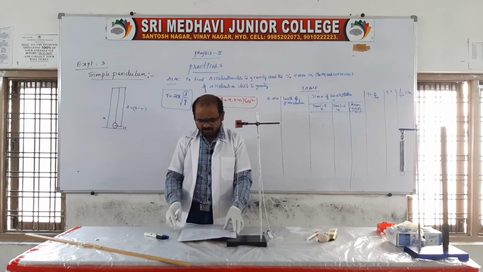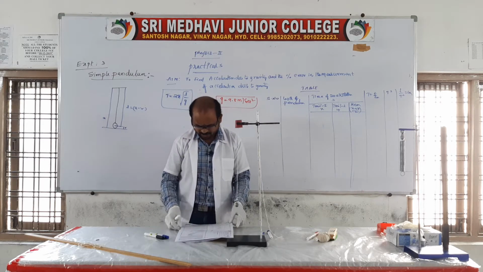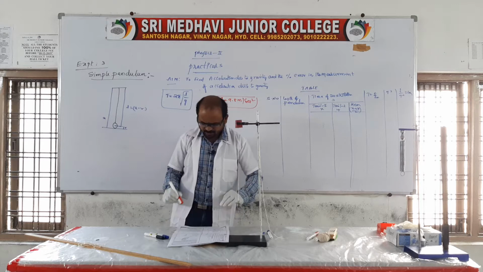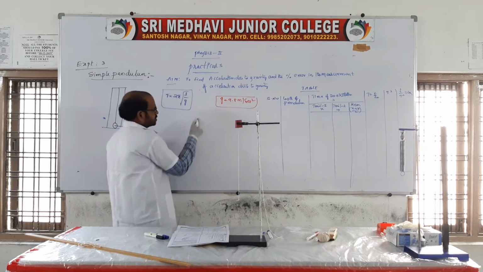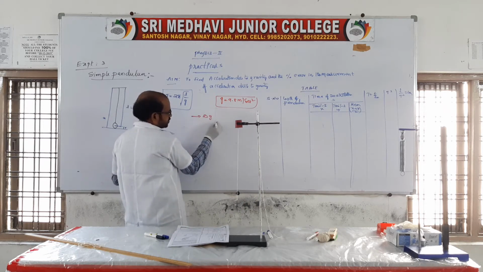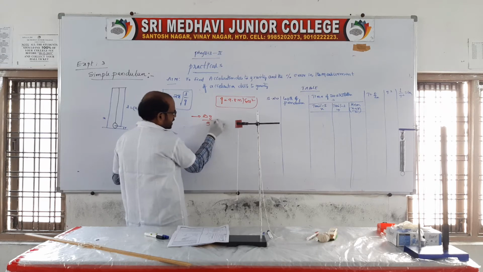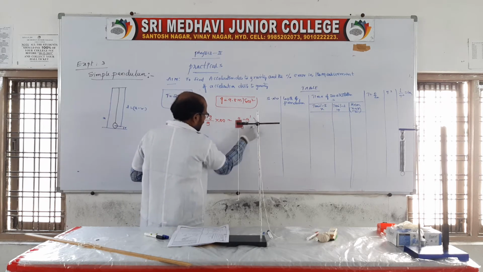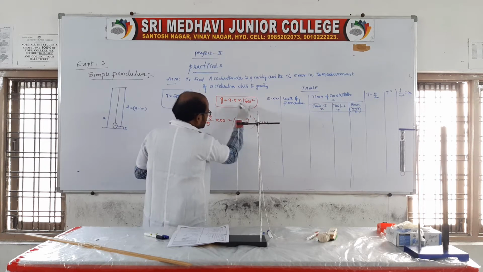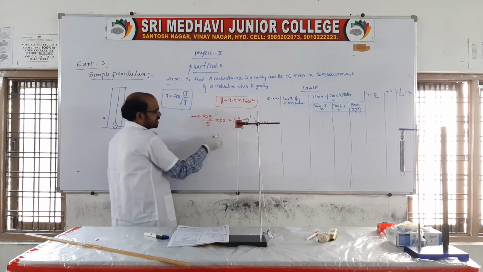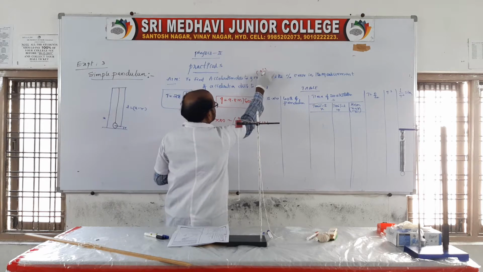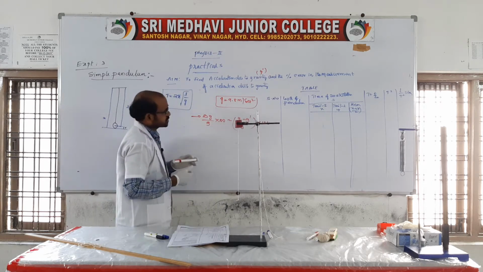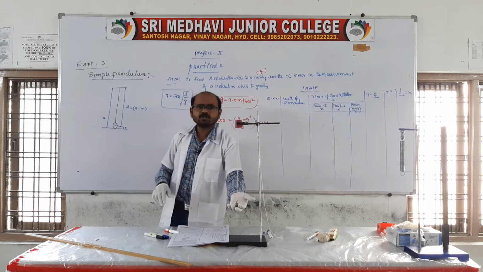Here the percentage change in the error in the measurement is delta g by g into 100, that is equal to g minus g dash by g into 100. Of course, we know the G value. Now what are we finding? G dash, which we need to find. By using which experiment? By using a simple pendulum.